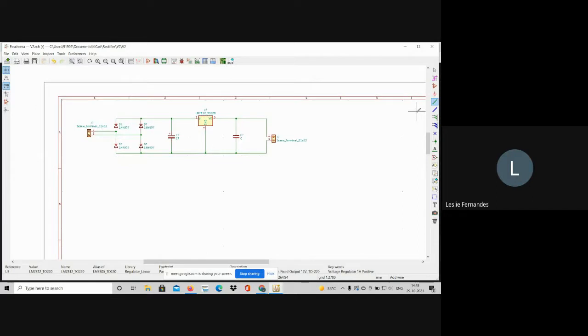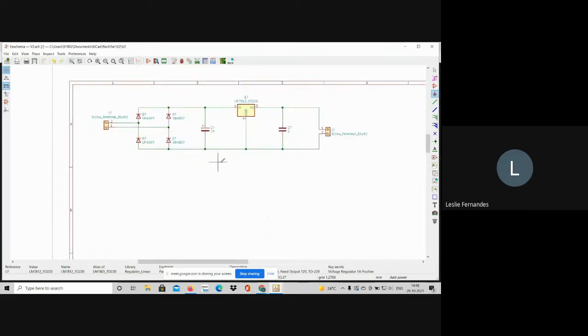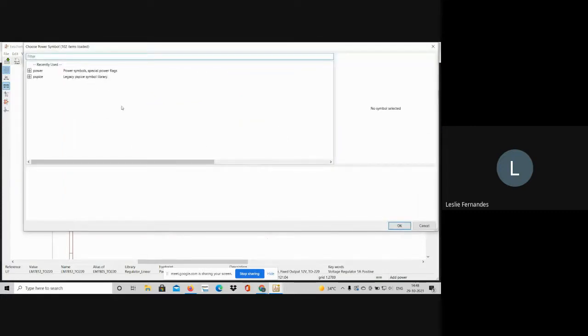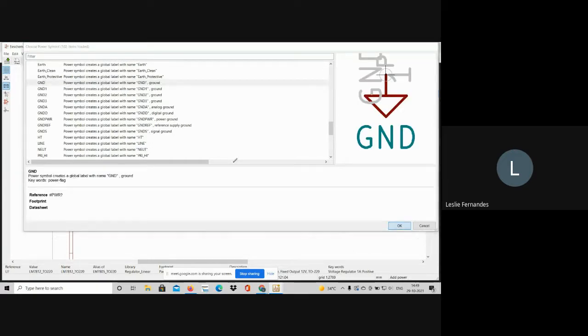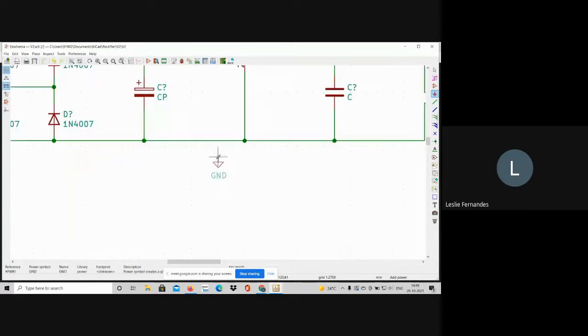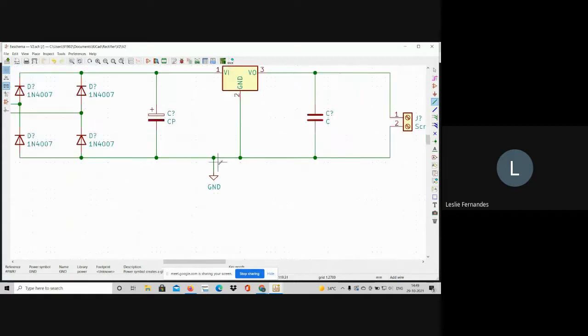Okay. Now the next thing that I'm going to do is I'm going to place a ground terminal. So here you can see there is something called as a place power port. I will click on place power port, click it over here, and I'll be searching something called as ground or earth. Okay, so I'll search for ground and I will place it here. Also, what I'll do is I will place a wire over here and connect it.